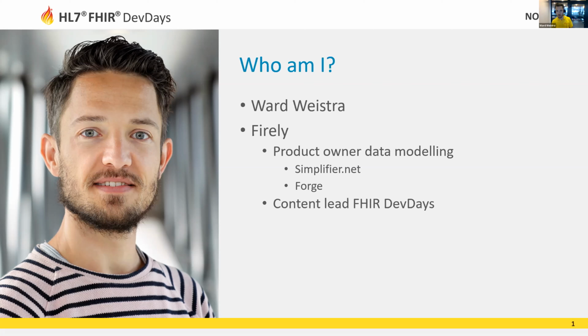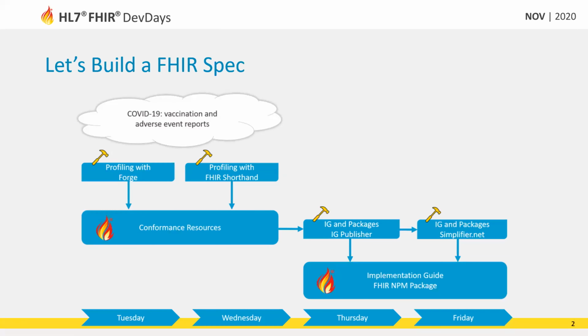I'm personally the product owner for our modeling tools. Simplifier is the platform that we'll mostly be seeing today. It's our online collaboration platform. Forge is our desktop FHIR development tool. Ardon has shown this to you on Tuesday already in the Let's Builds there. And I'm also the content lead for FHIR Dev Days, so I hope you're having a good time here. This talk is part of our Let's Build a FHIR Spec track. You've probably been to one or more of these sessions before,